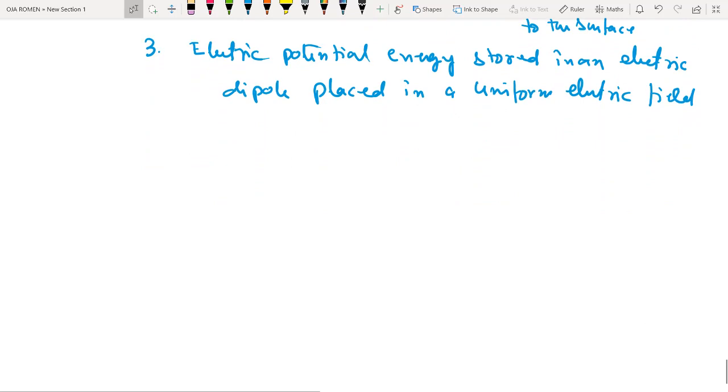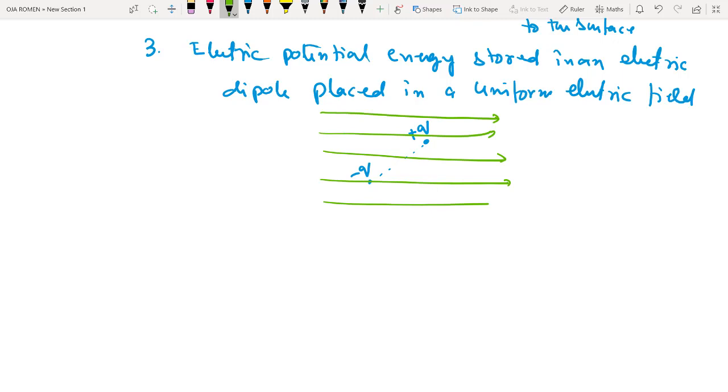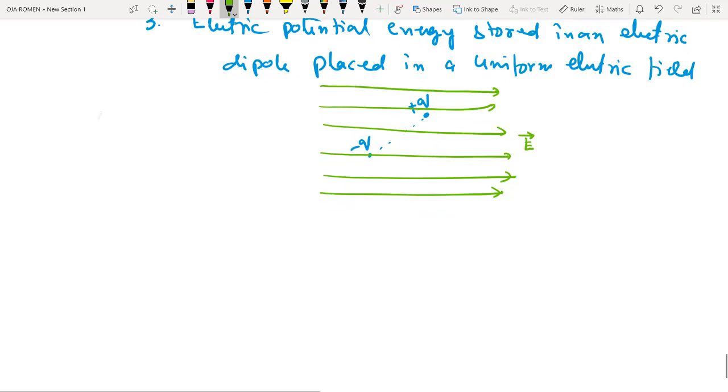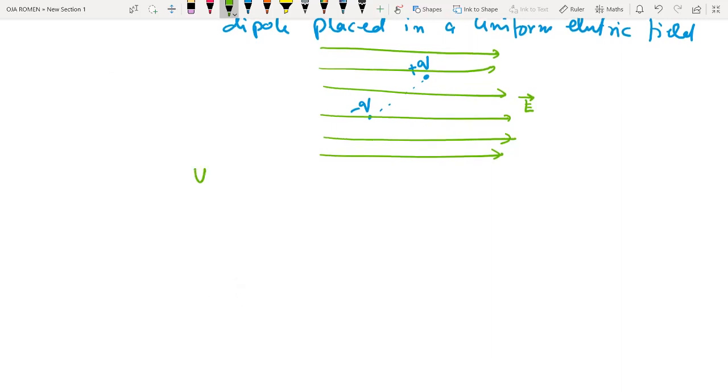So, for example, we have an electric dipole. Now the dipole is placed in a uniform electric field of intensity E. An electric dipole is a system of two equal and opposite charges separated by a short distance. So electric potential energy U is minus P dot E,